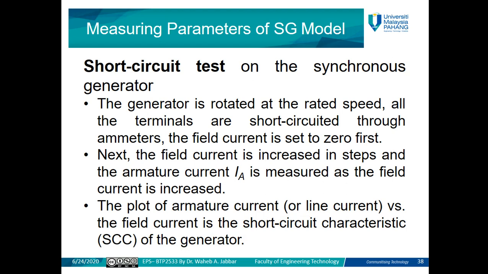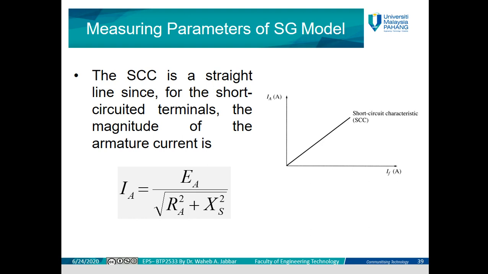In the previous test, we drew the relation between the internal voltage, EA, and the field current, and we called it the open circuit characteristic. In this test, we draw the relation between the field current and the armature current, which we call the short circuit characteristic. As you can see here, it shows the relation between the field current and the armature current. As the field current increases, the armature current increases linearly. So the short circuit characteristic is a straight line,